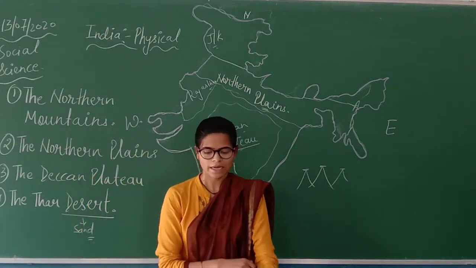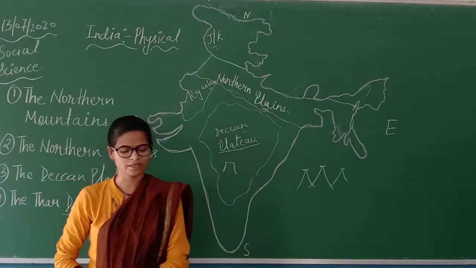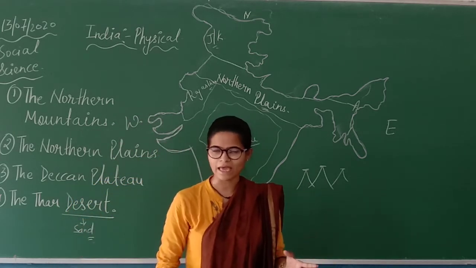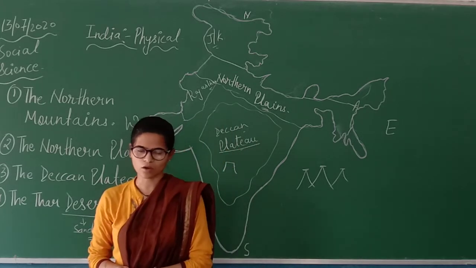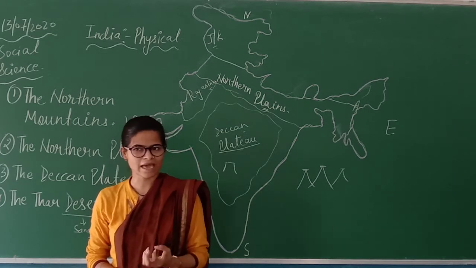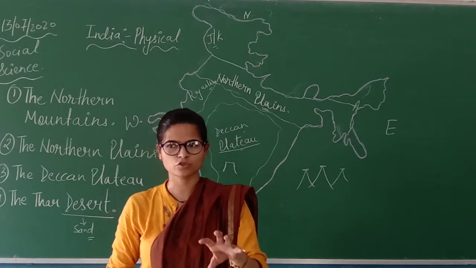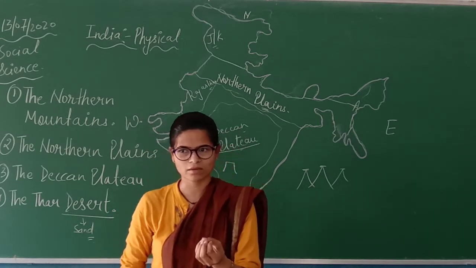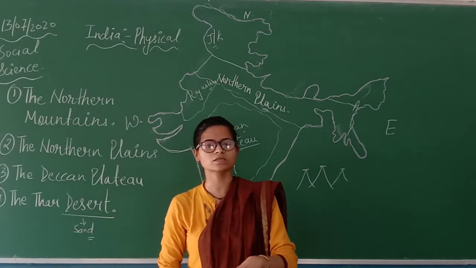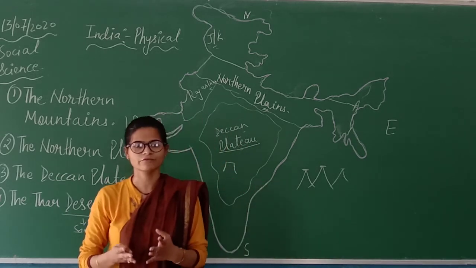So now Thar Desert is also called the Great Indian Desert. It is in some part of Rajasthan as well as in some part of Gujarat. So here the climate is very hot. Why? Because of the sand. जब सैंड में जो मिट्टी होती है या जो बजरी होती है, रेत जिसे बोलते हैं, तो जब उसमें सूरज की किरणें पड़ती है तो बहुत जल्दी गर्म हो जाती है. Because of that the climate is very, very hot.